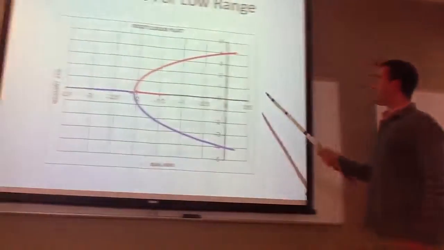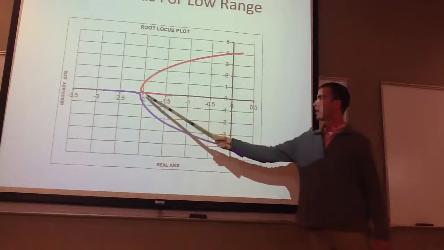Here's an example of the root locus plot for the low range. As I said,